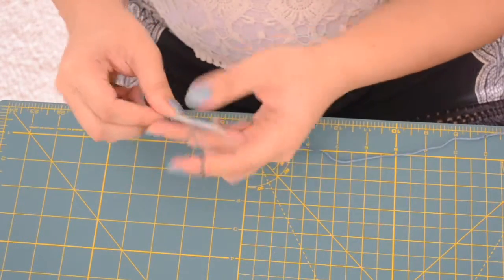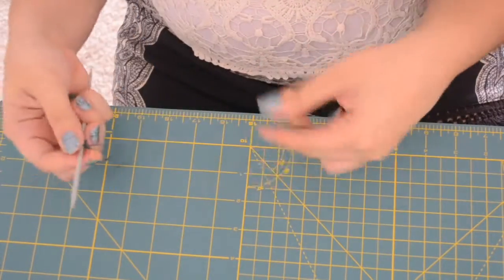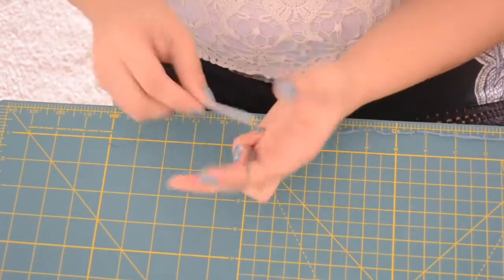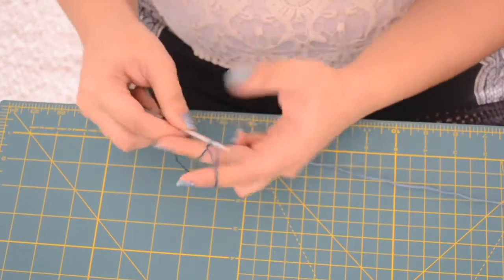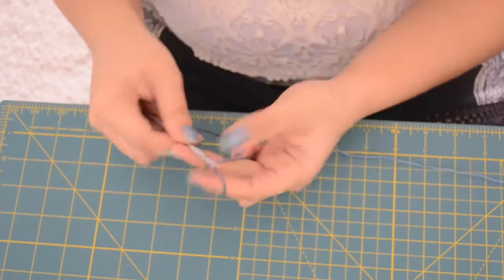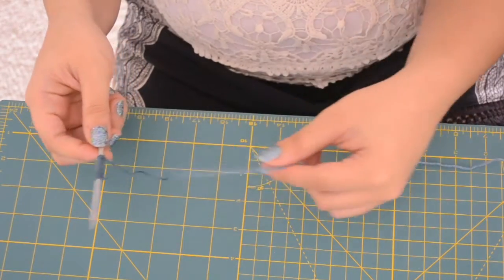So 1, 2, 3, 4, 5, 6, 7, 8, 9, 10, 11, 12, 13, 14, 15, 16, 17, bear with me, 18, 19, and 20. So, okay, we've stopped at 20, and why I did that is because we're trying to split